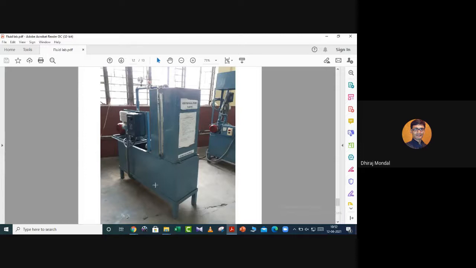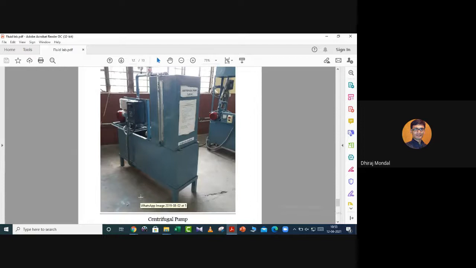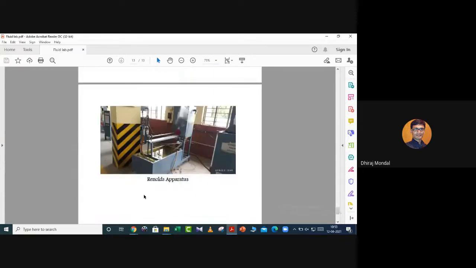The shaft power is converted into water power, and the shaft power comes from the motor. As the motor rotates, the shaft rotates. So electrical power becomes shaft power, or mechanical energy. The shaft power is converted to water power, and we are getting some work with the help of this particular pump. So ultimately, we need to calculate here the efficiency of the centrifugal pump. And last, I think, it is your